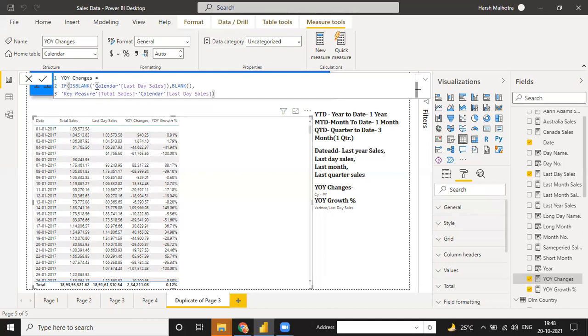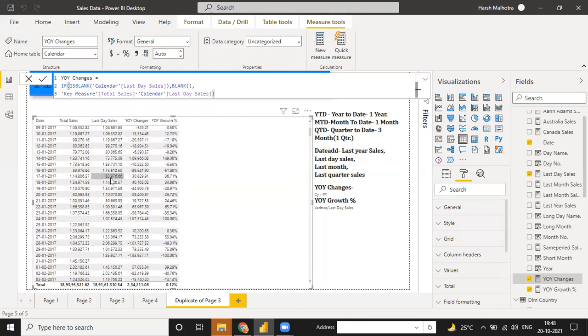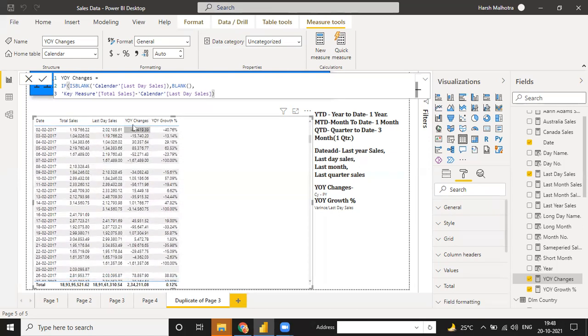So that is the reason I use the IS BLANK function here for this column. If this column value has zero of any column, we need this YOY as zero. And if this YOY is zero, then in this function, go to this growth. If this YOY change is zero, then it will give you the answer zero. Suppose 0 divided by any value, the answer will be NA. So before moving on, we have taken care of NA, we put 0 here, because 0 is the alternative result. So there is a reason that we should use 0 here.